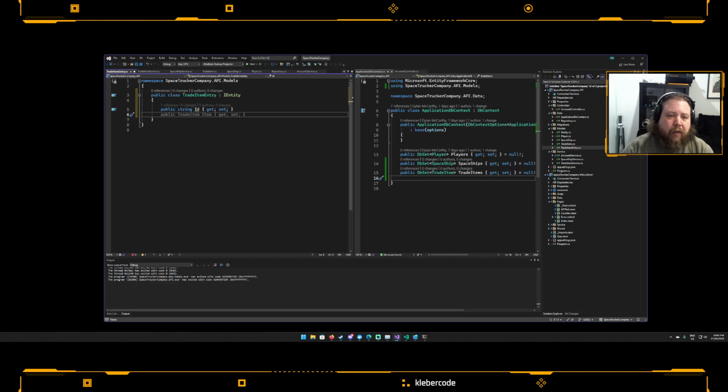It's fine. And they have a trade item. Quantity, and then they will have a